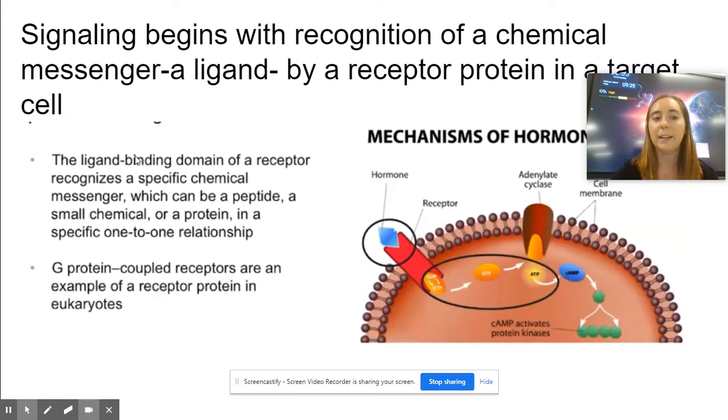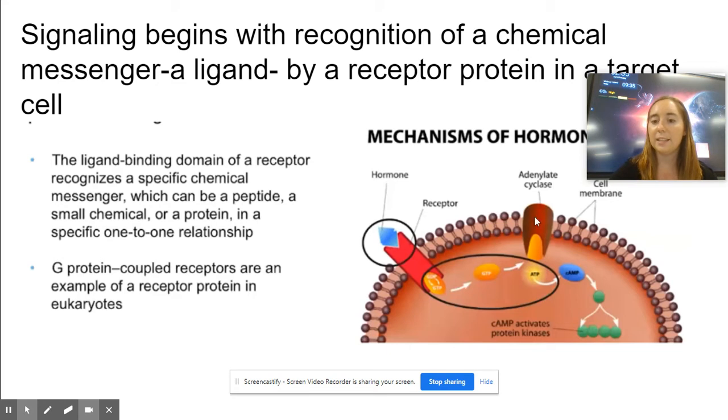What's going to happen is that the ligand binding domain of the receptor is going to recognize this particular chemical messenger. This messenger in this case is a hormone, but it could be a peptide, a small chemical, or a protein. They have a specific relationship, and you can see how this triangle fits very well into this receptor here. This is then going to change the GDP, which is the inactive state, into GTP, which is the active state. When it's in the active state, the GTP then can send a message